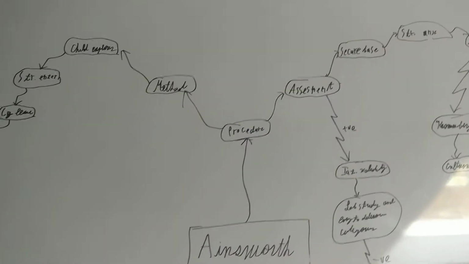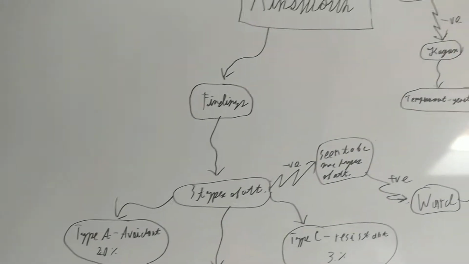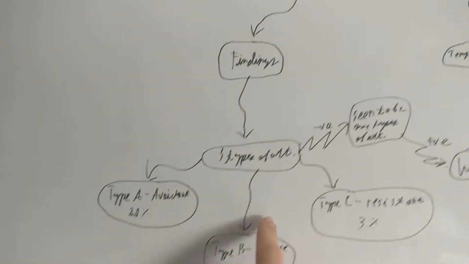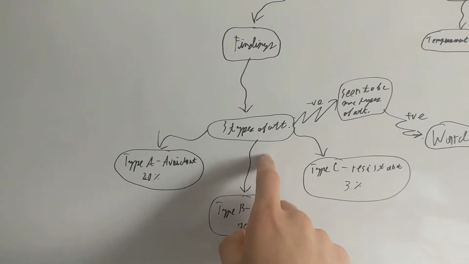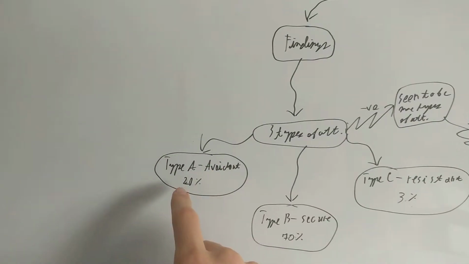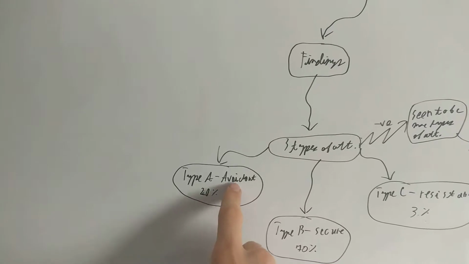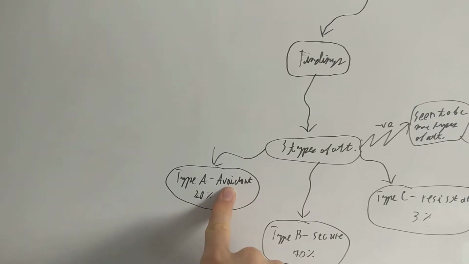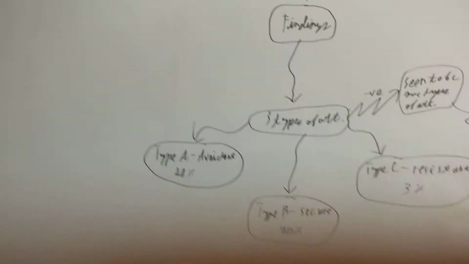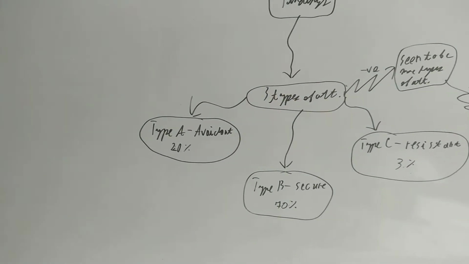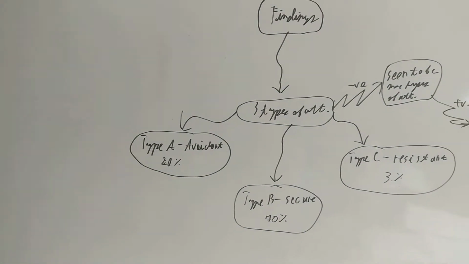Now, what they found, these are our findings. What they found was that there were 3 different types of attachment. Type A, which is avoidant. Now, avoidant, there are a few details that we need to know about that. Avoidant, what they did is they